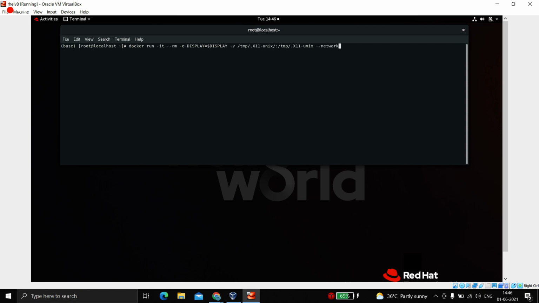And finally we need to set the network. As I told you, we are sharing things between the host and the container, so our network card should also be the same. What I mean is, my adapter for Red Hat should be the same as the adapter for the container. If you want to create an architecture like that, then we can mention this network as host.